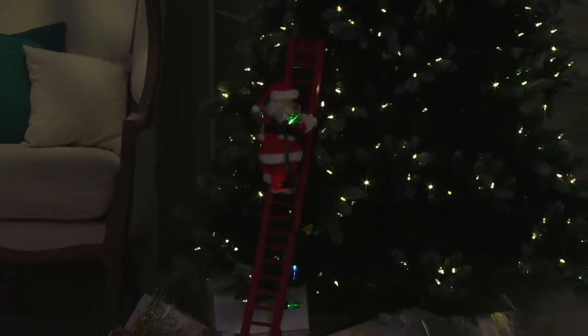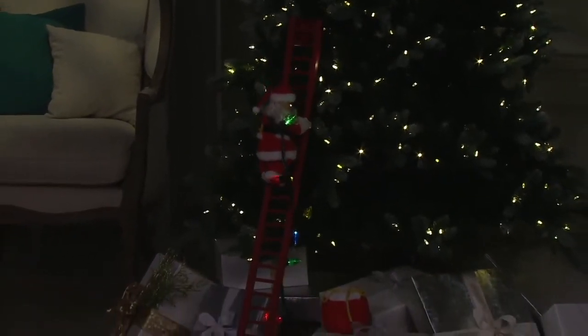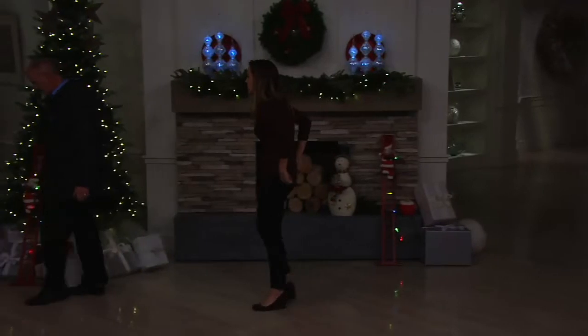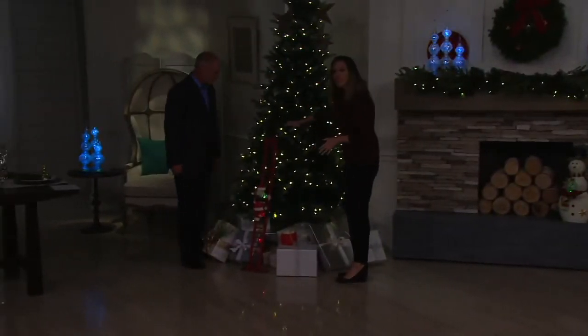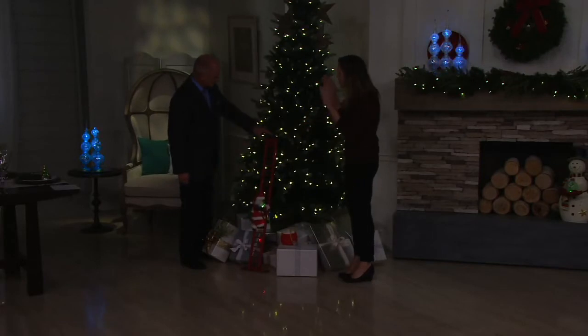Now, by the way, we have him up against a fireplace. You can put him up against your tree. Do you see what he has in his back pocket? That's the star for the top of the tree. So this product has been in our line for over 20 years, but the cool thing that we did with it here for you guys only at QVC is that we're now able to, like you said, attach it to a tree. So the old one was a two-way ladder, so it was a really big footprint,